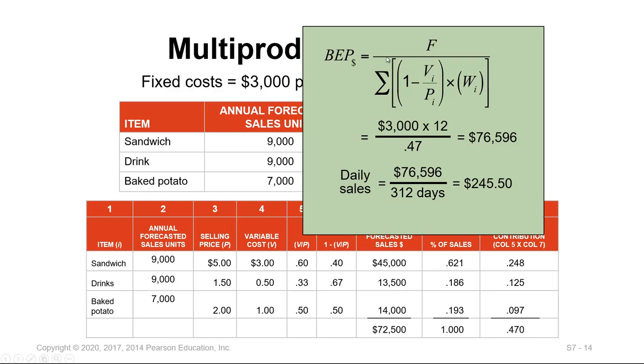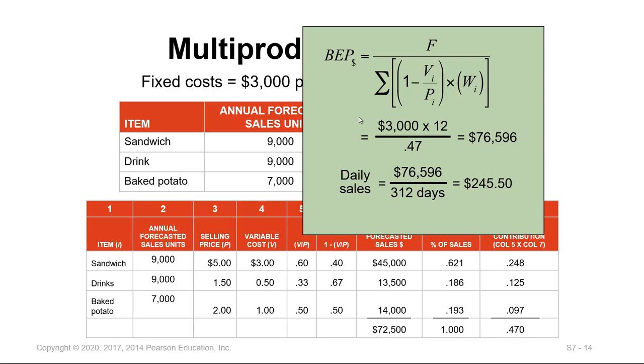And this fixed cost is per day. So to get it for a year, we multiply by 12 months, and to get the break-even dollar amount, we divide the annual fixed cost by the sum of distributed weights, and that will equal 76,596. Dividing that by 312 days, assuming that the restaurant will work only 6 days during the week, then the daily sales equal